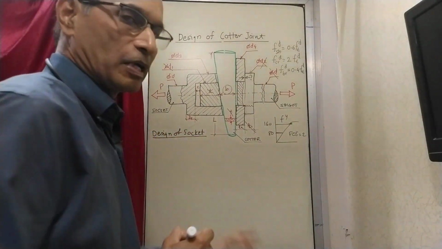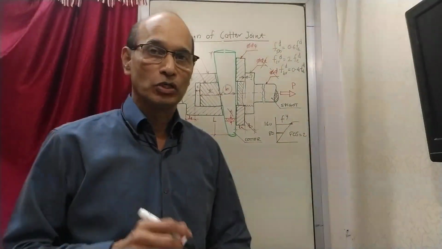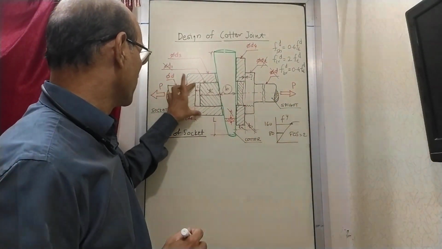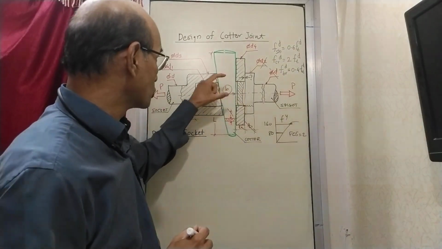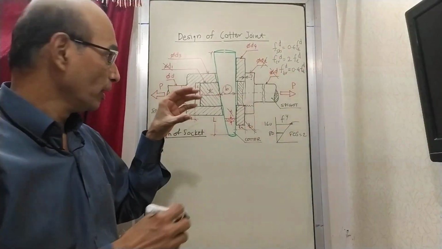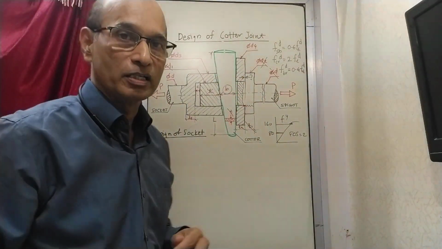So by now you must have had some idea of how the design process is normally carried out. Whichever part we are going to design, we have to concentrate on this part. Now this is the socket. So this is the shape of the socket. It is like a hollow kind of an end of the shaft, and in this hollow end we are fitting this end of the spigot, and then the quarter is passed through this.